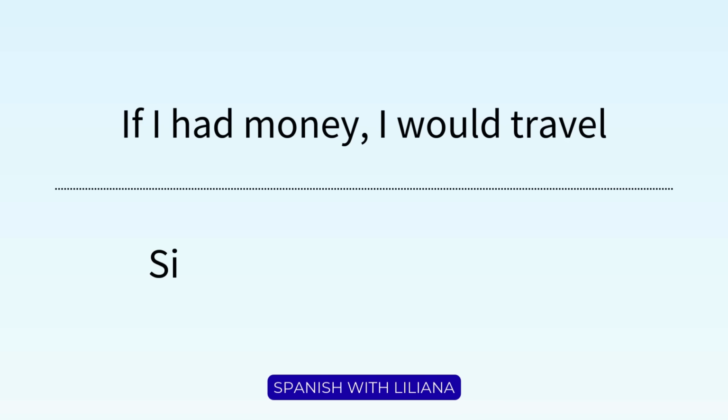Sí. So the same way as we say yes, but this one doesn't have an accent. So here, if I had money is not a real thing, right? It is something we wish. In Spanish, this becomes the subjunctive mood. So if I had money, this had in Spanish is tuviera. We use the subjunctive mood to talk about wishes and desires, and that's why it's conjugated this way. And I have a video explaining that mood, and I'll leave you the link on the description.